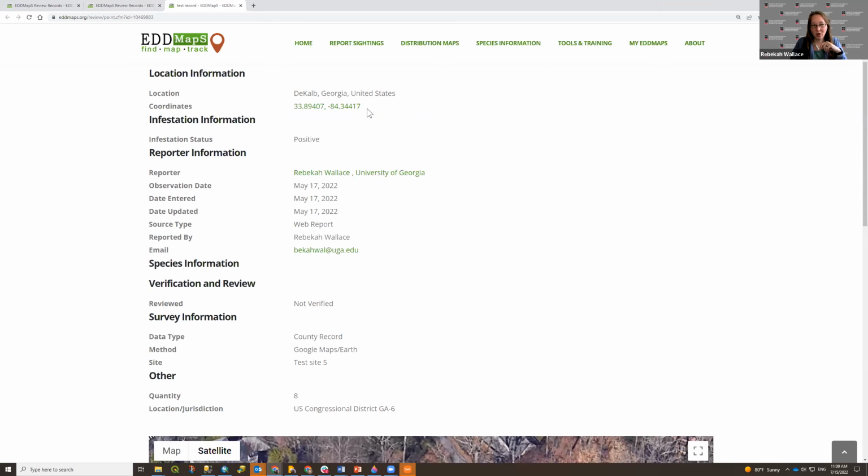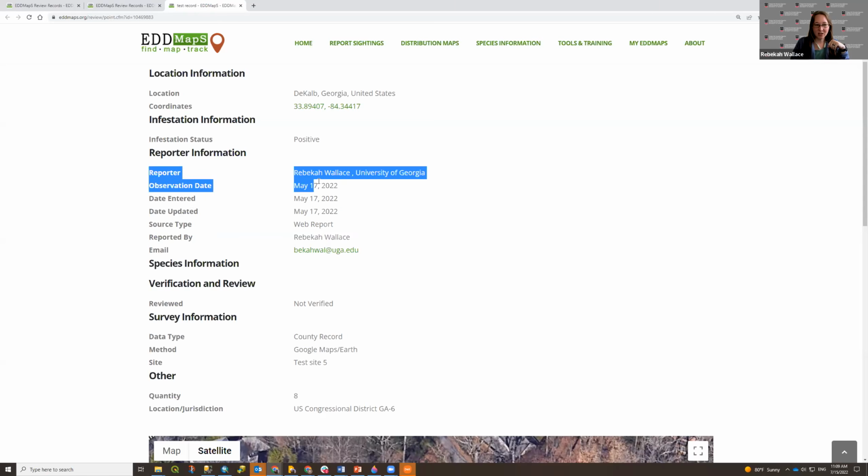If this record were private, I, as a verifier, would still see the coordinates if they existed. I only see them in this instance where I can use them to help me ensure the accuracy of this record. So if someone was reporting a cactus in the middle of a lake where a cactus may not belong, that would be cause for concern, which I would only know if I could see the coordinates, if they existed.